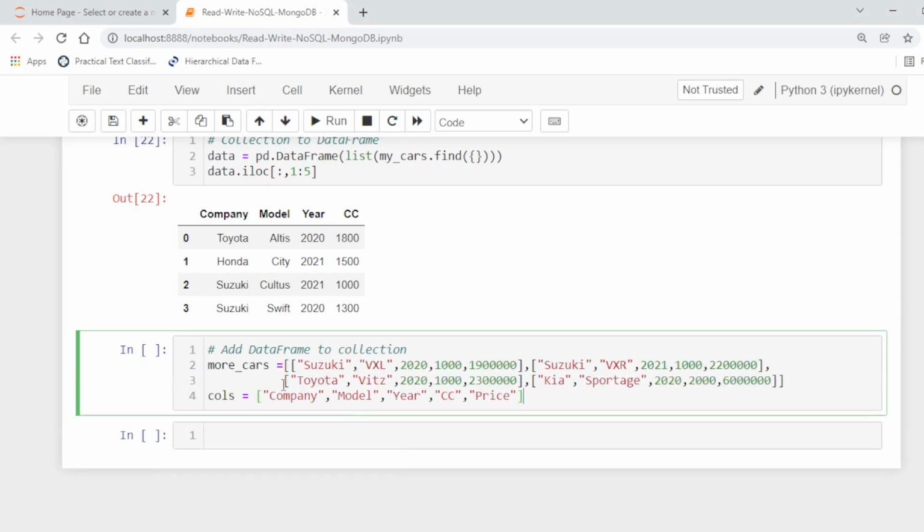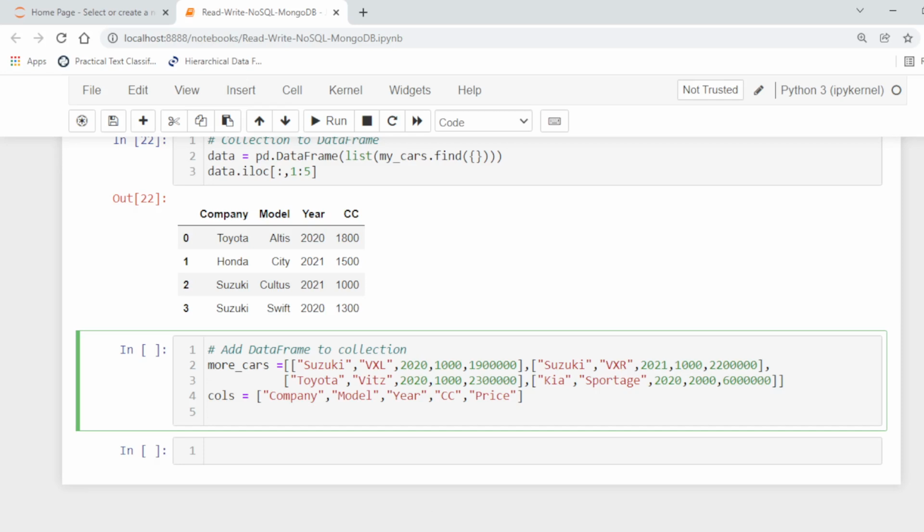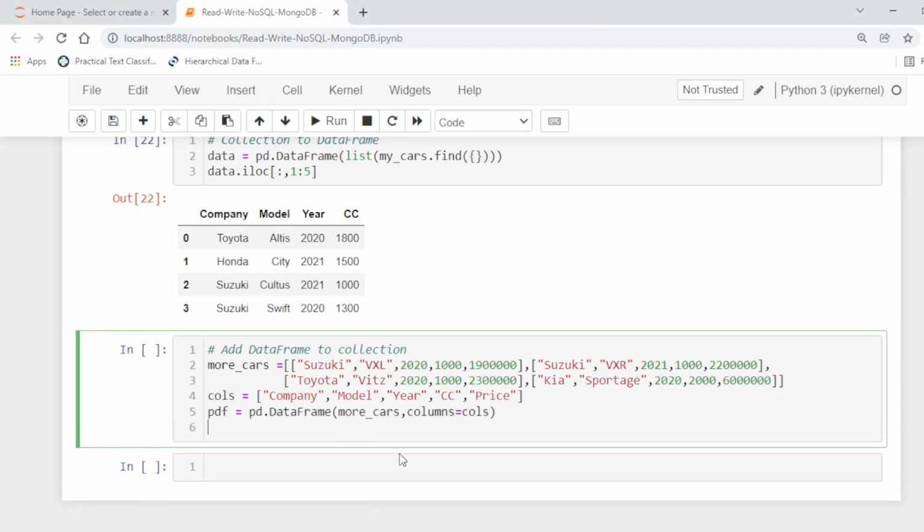This is our collection with 4 documents, more cars. We want to add some more documents to the collection, and these are the columns. Now we convert this to a data frame, and then we will insert this into the collection.